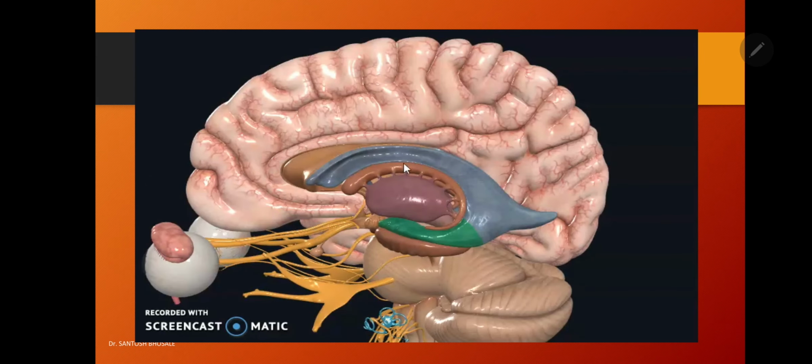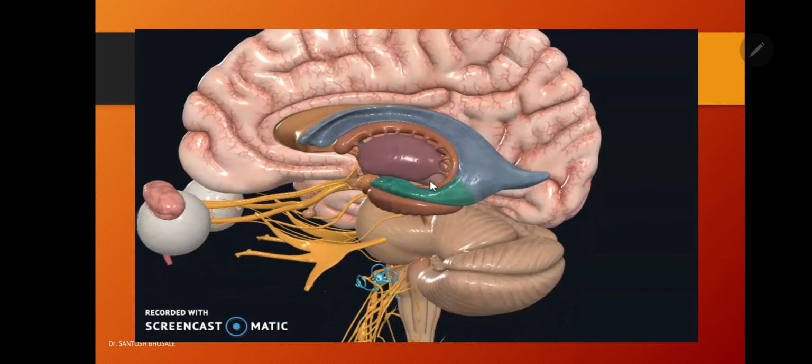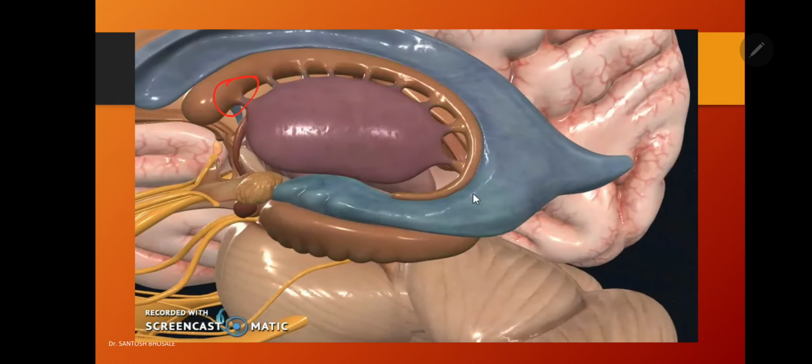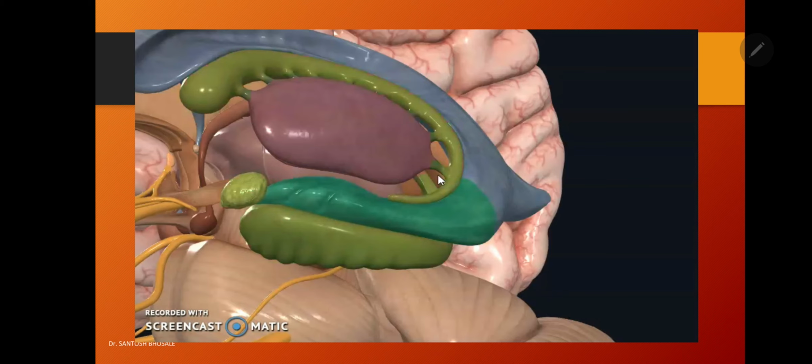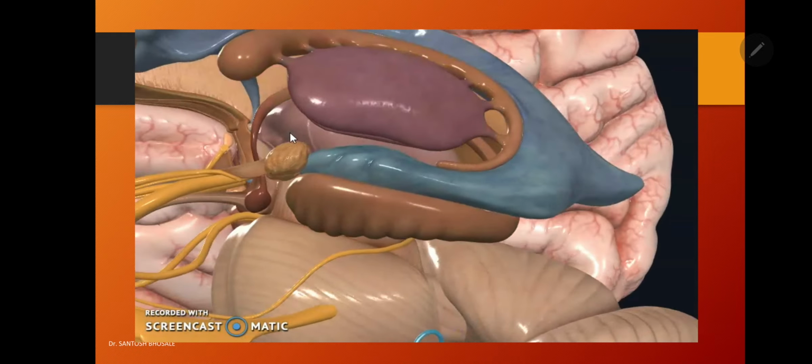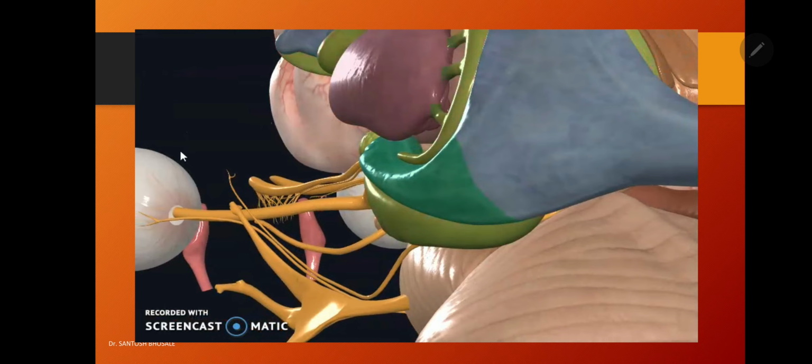If you see here, you can notice the inferior horn is in the temporal lobe, and anterior to the inferior horn, you are seeing the amygdala there. This is amygdala and this is hippocampus. And in the roof, you are seeing the caudate nucleus. You can see the head, and this is the tail of the caudate nucleus. And you also see the projection fibers of the amygdala forming the roof of the inferior horn. They continue there. So stria terminalis.